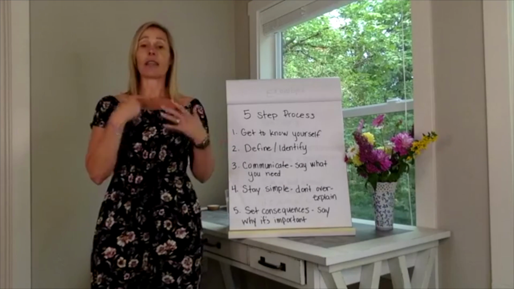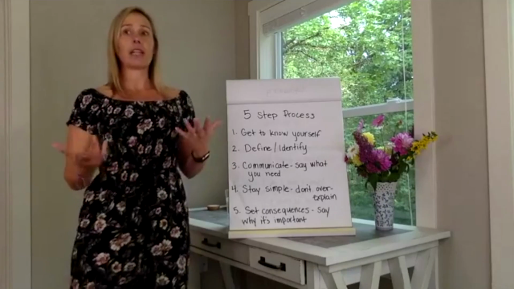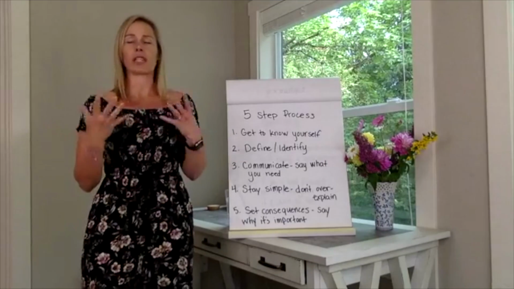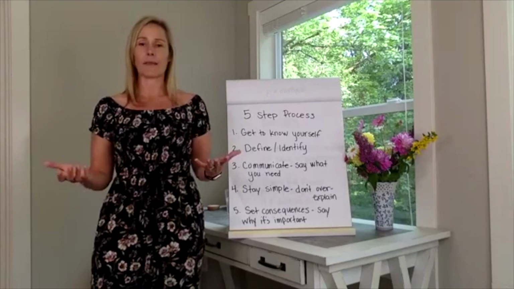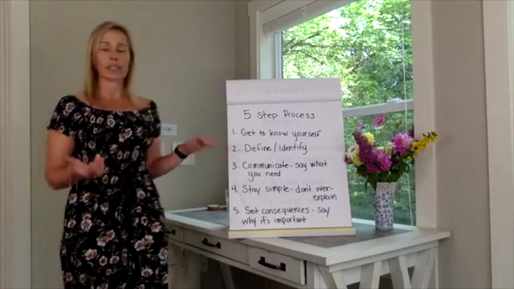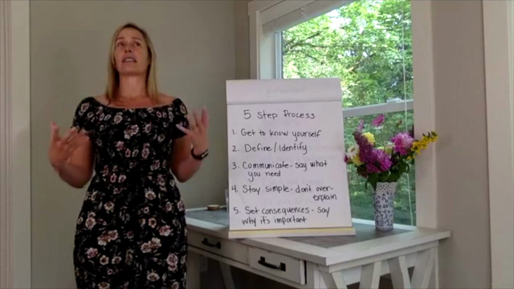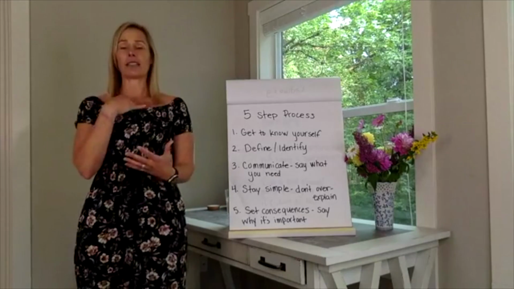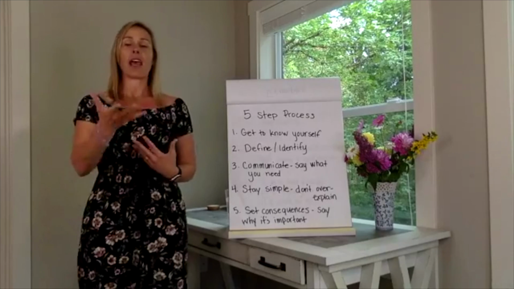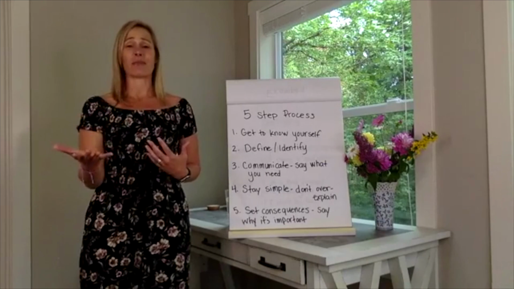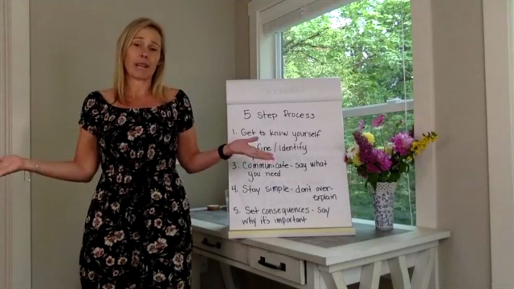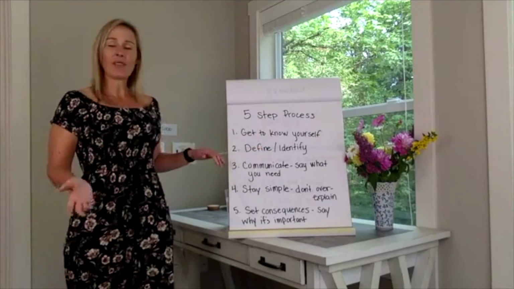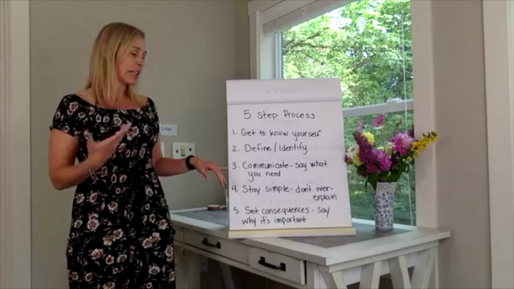So I noticed that over time, I would get irritated and I wasn't listening to him, but I was like, I don't want to say anything because I don't want to hurt his feelings because he's trying to talk to me. So I had to define for myself, well, what is it that I need for me so that I can better show up for him? And for me, I need that time. I need that time when I'm reading my book to be uninterrupted, right? And so once I figure that out, communicate it.